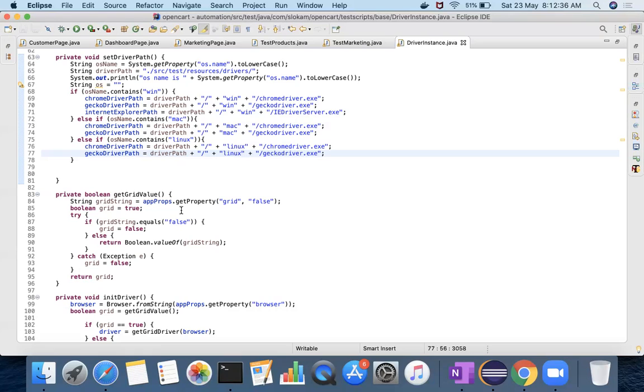If somebody else gets the latest code and starts executing it, the cases will fail from his end, and he doesn't know the reason immediately. He has to look into it, because he doesn't know what changes have been made. So that is an extra effort he has to spend to fix things.